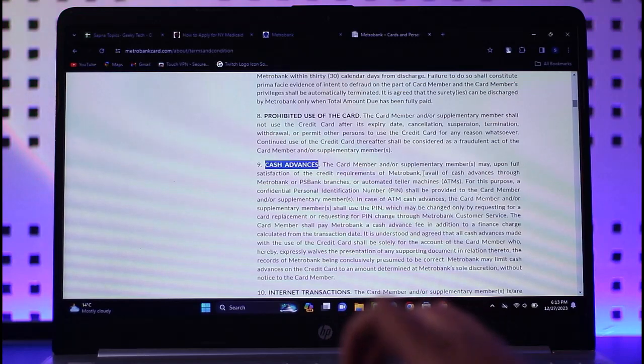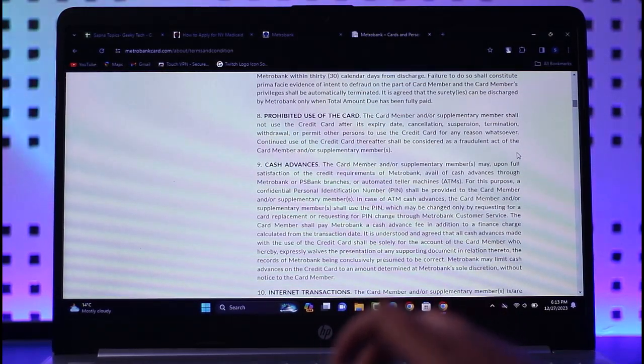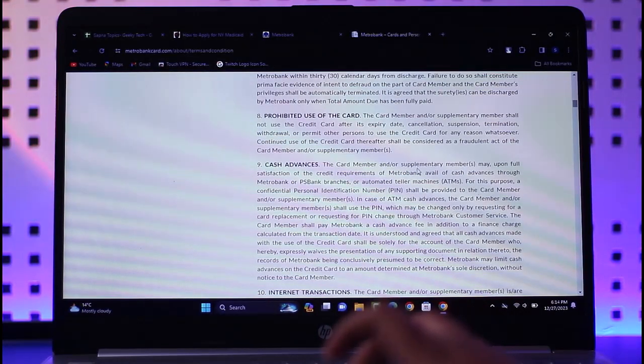So simply for you to advance, you simply have to first of all be the card member and a supplementary member of the Metrobank, right? If you are already, then you can simply access your credit card. If you already have it, then all you have to do is simply go through the Metrobank or PS Bank branches, any would do. Otherwise you can also go to the ATMs branches of Metrobank or any that support credit